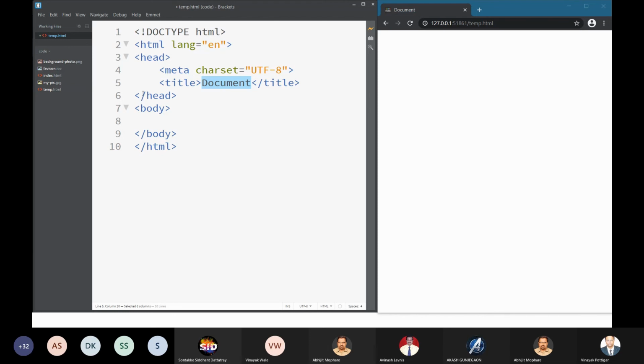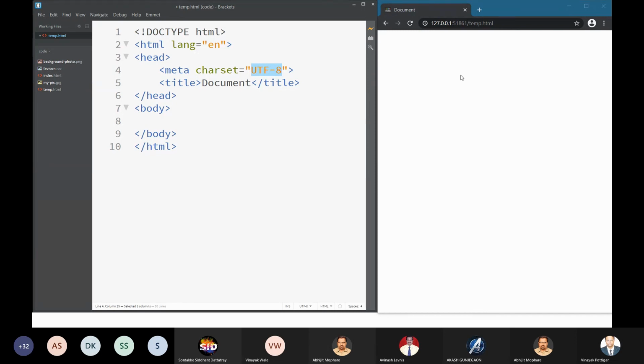Now, within this head tag, let us first understand it. Within this head tag, we have several other tags. The first tag is called meta. Meta means metadata. It is telling the browser that the character set I'm using is UTF-8. In computers, there are several character sets available, because you can write the content in n number of languages, like Chinese, Marathi, English.